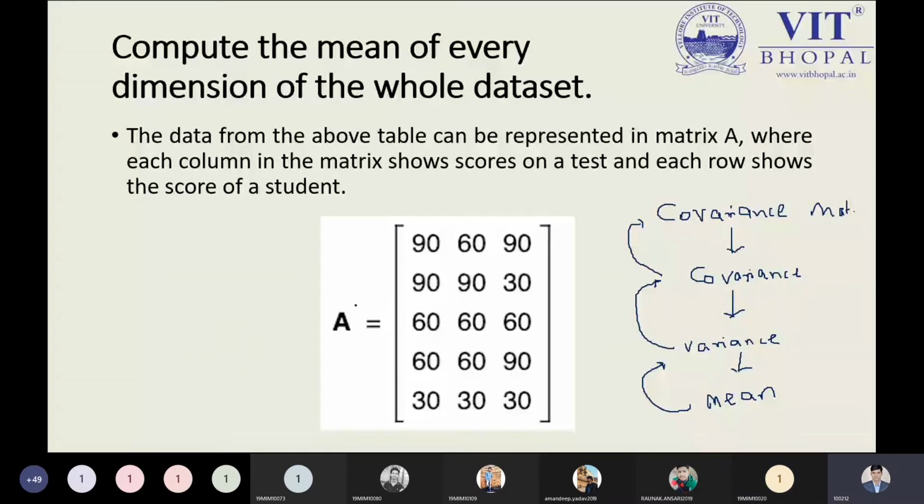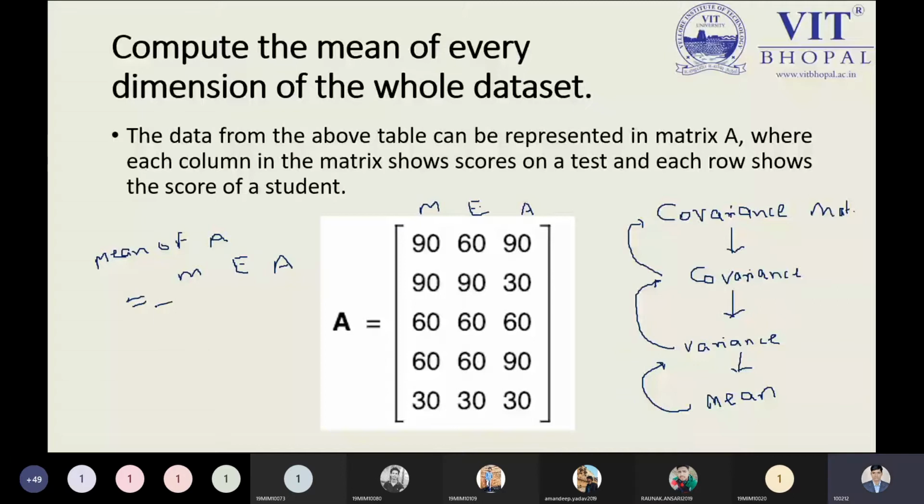So if we need to calculate the mean of the matrix, you need to calculate the mean of the A matrix. How can we get it? We are talking about the math subject, the English subject. All these are the features, and there is the art feature. So we can get the mean of the math, English, and art.